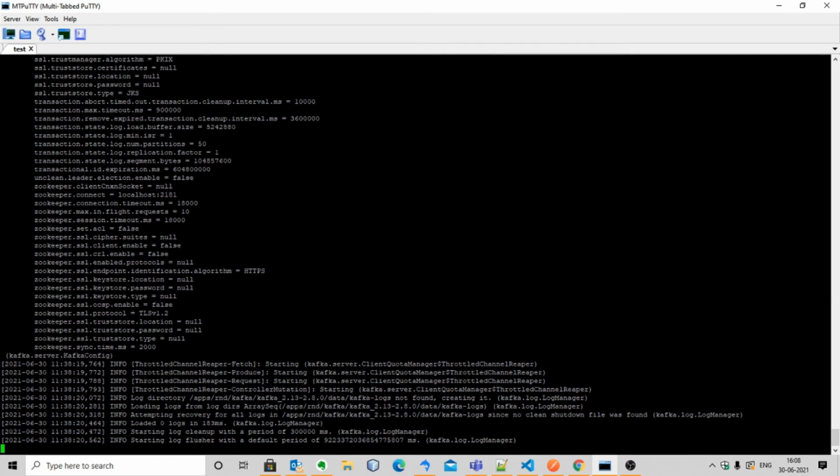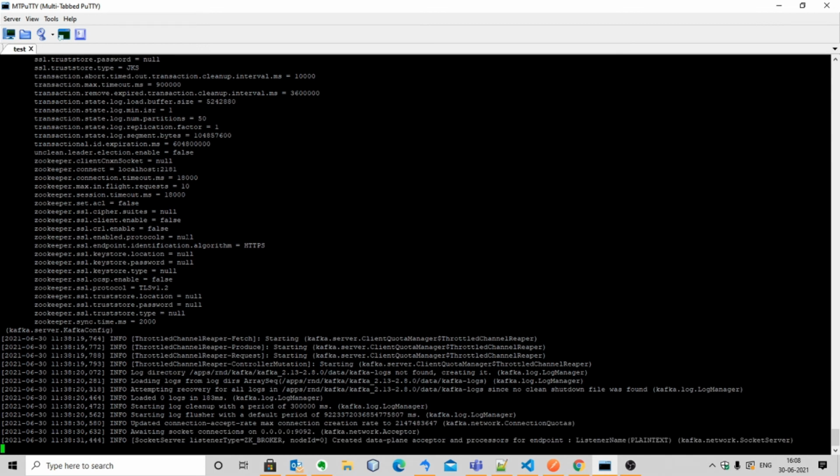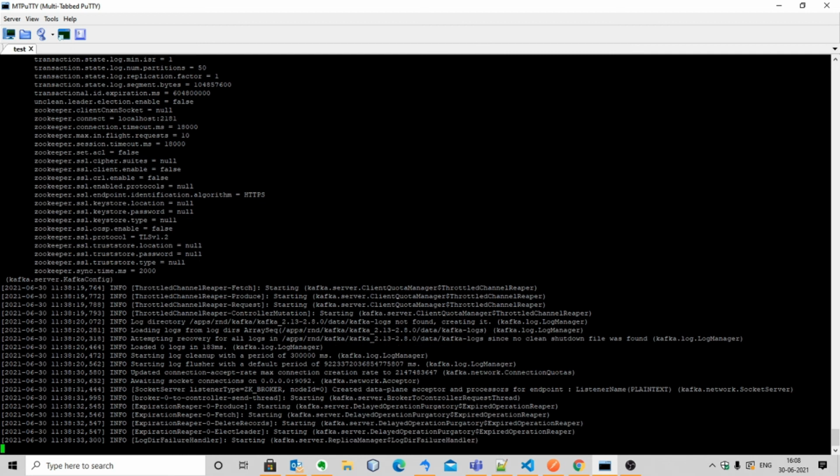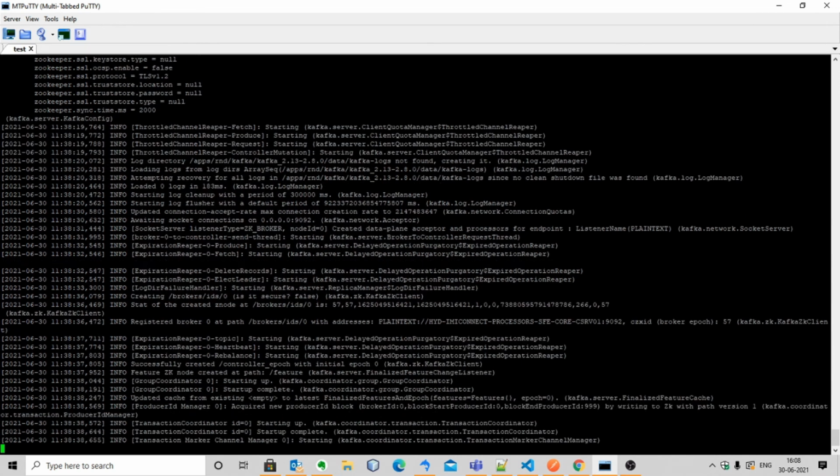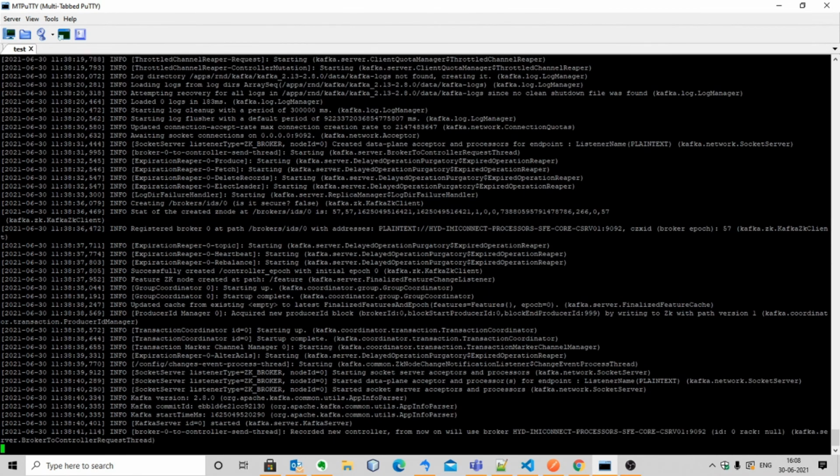Just like in Windows, here also we have started the Zookeeper service and as well as Kafka server in Linux. Here you can check Apache Kafka server has started.